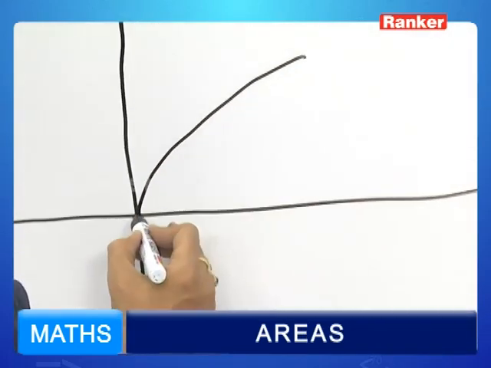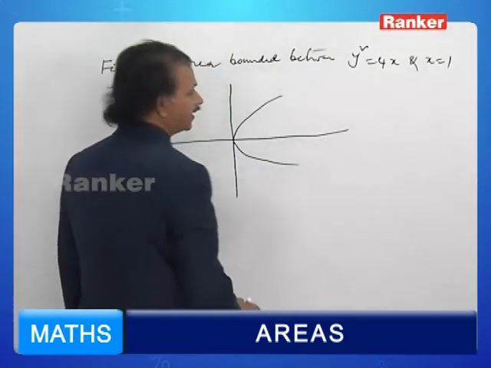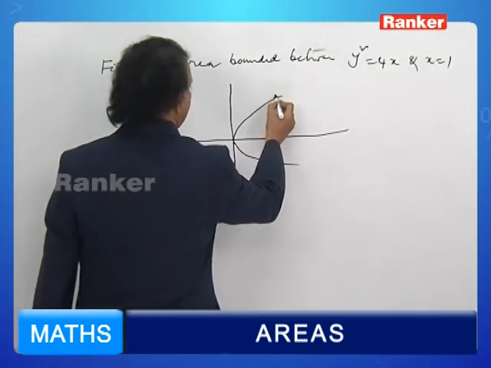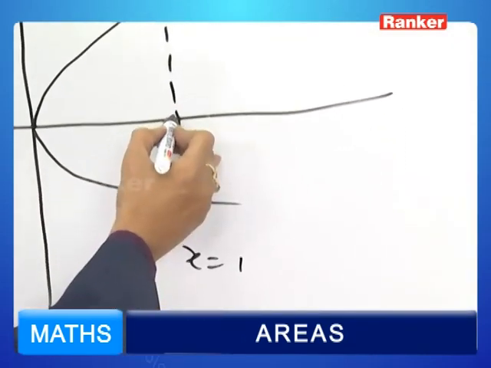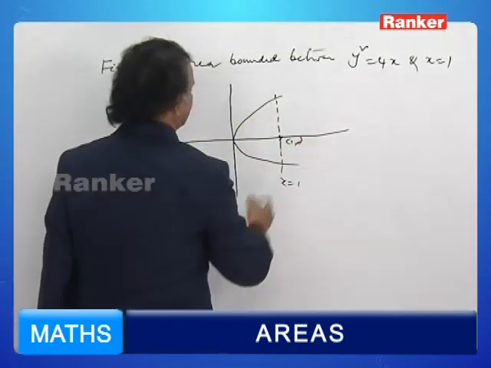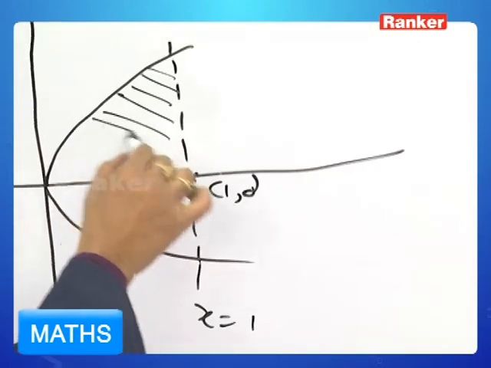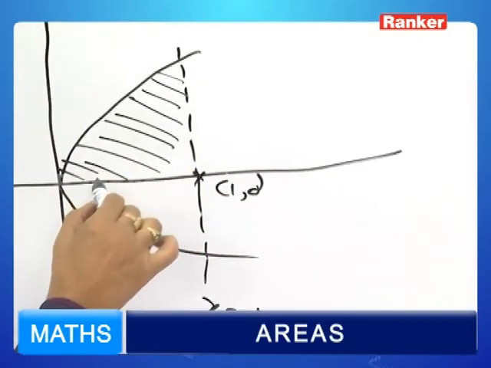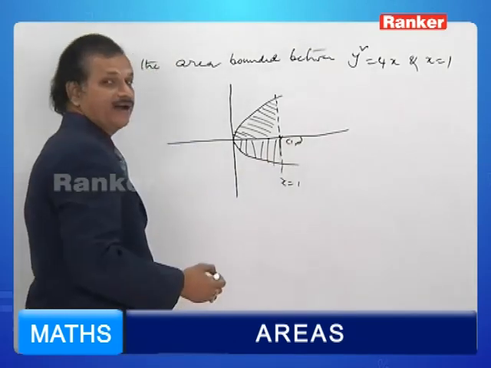Why do you believe it? Because it possesses even powers of y, symmetric about the x-axis, and x is equal to 1 is this line. So this point is (1, 0). We believe that this area is equal to this area also. Hence, the required area is